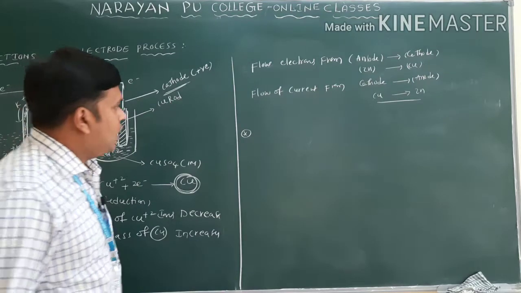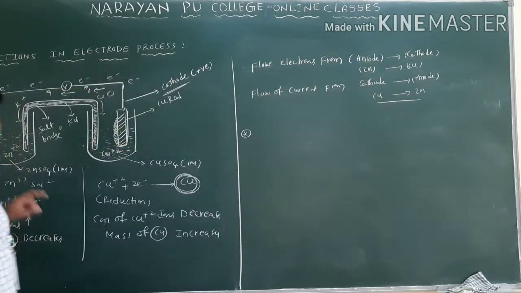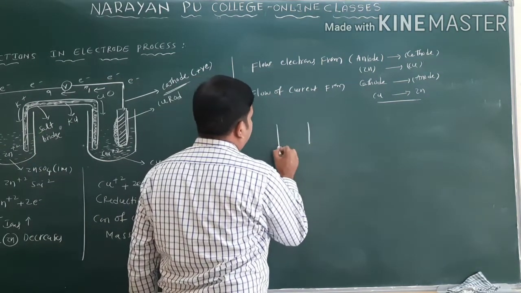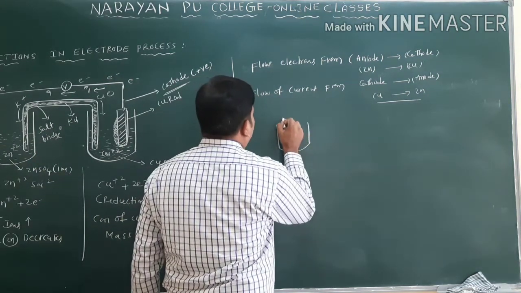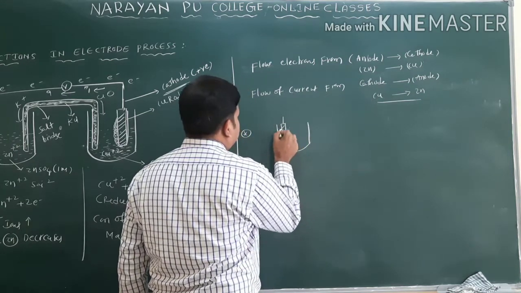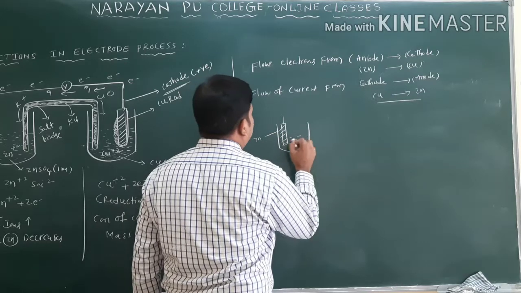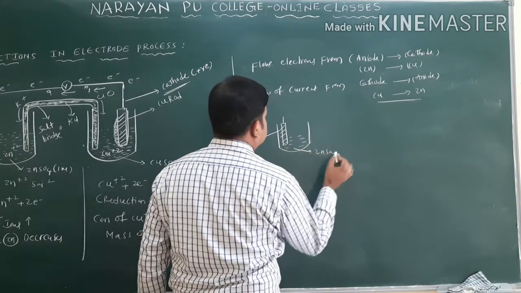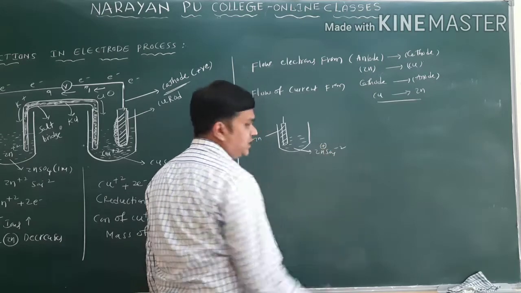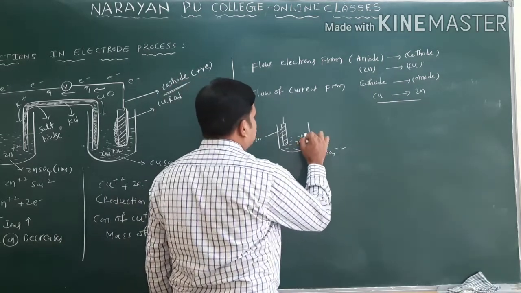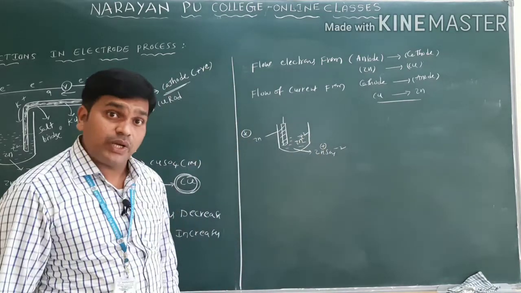Now we'll see, whenever a metal rod is dipped in its metal aqueous solution, suppose I am taking this half of the container. What rod will I put here? I will dip the zinc rod. This is a zinc rod. Already in this, what solution do we have? ZnSO4 solution is there. This is Zn plus 2 and SO4 minus 2. What ions are present in this solution? The ions present are Zn plus 2 ions only.